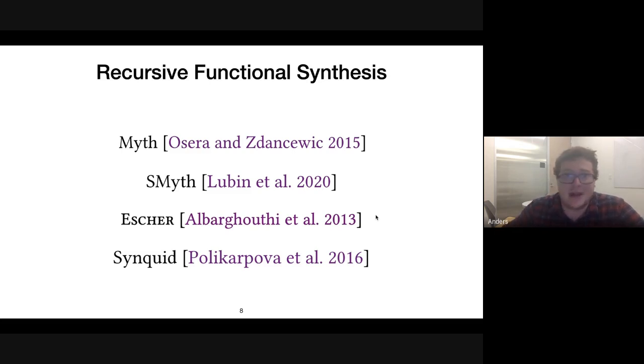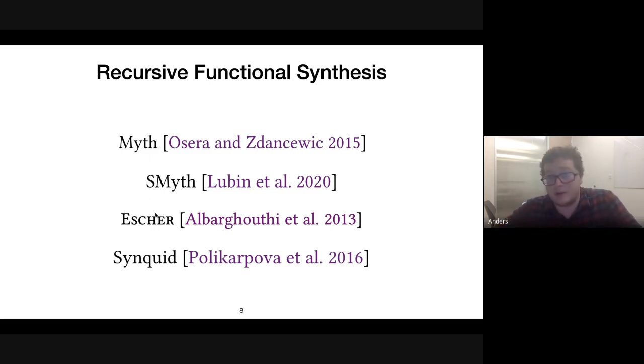I just think that by having recursion, you really do have some interesting, fun problems. The issue with a lot of these works is that they have non-intuitive specifications. For example, Smith and Myth and Escher all require input-output examples as the only form of examples, which is great.